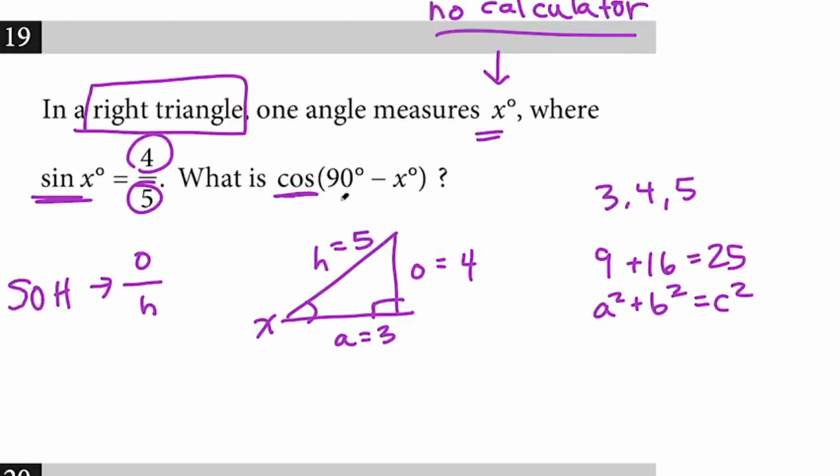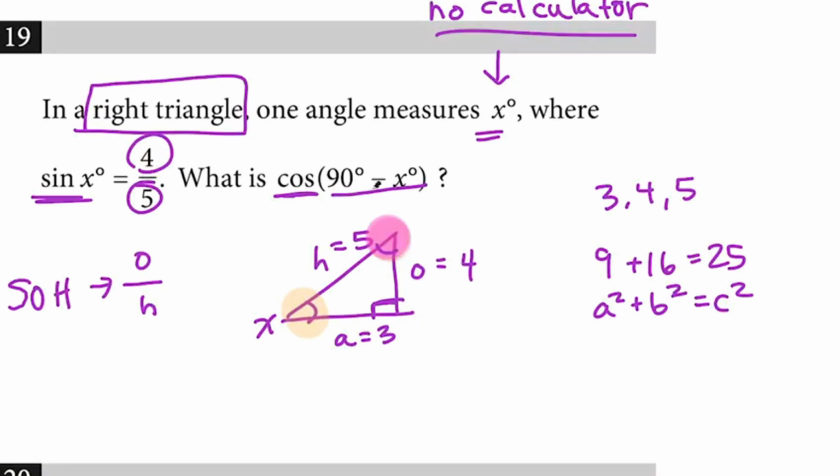Let's talk about cosine of 90 minus x. Now this might seem tricky, but let's think about this. We have a right triangle, right? So if this is x, guess what 90 minus x is? That's its complementary angle. Guess where that is in a right triangle? It's the other angle over here, right? So this is 90 minus x, which brings me to a fun fact that you can memorize,